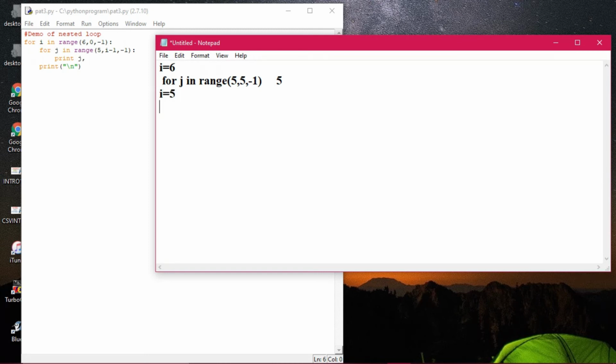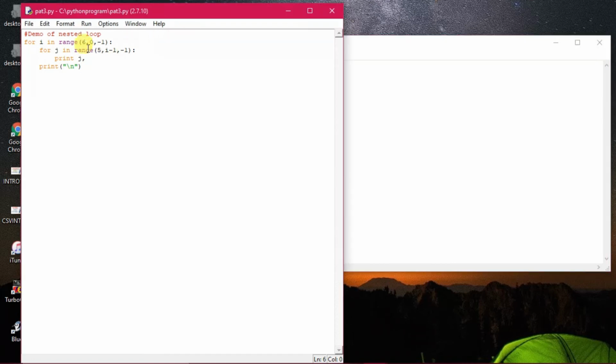All right, then what is happening for j in range? Next time, what will happen? Previously it was 5. Here also it is fixed at 5. Then I minus 1 now, so it will become how much? 4. Okay, and then it will be comma, minus 1. So from 5 it will start, and it will print up to 5 comma 4. Okay, in this way the execution will take place.